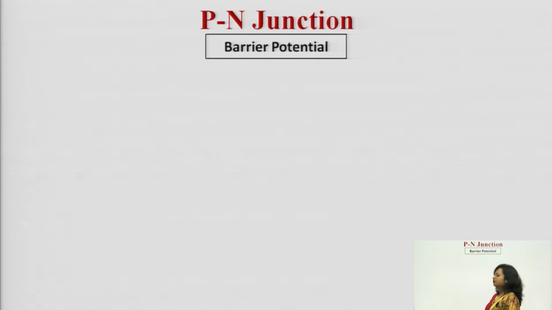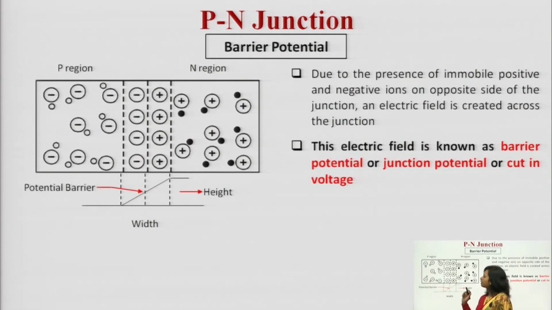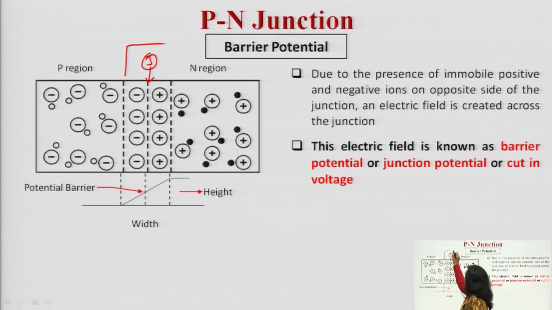Now, the second very important term, which is the barrier potential. What is this barrier potential? See, the same case we are discussing about a PN junction diode. This is the junction. Now, when there is a formation of the depletion layer, this is the depletion region, what is actually happening? An electric field is being developed across this particular region, which will further stop the diffusion process, and this particular electric field is known as a potential barrier.